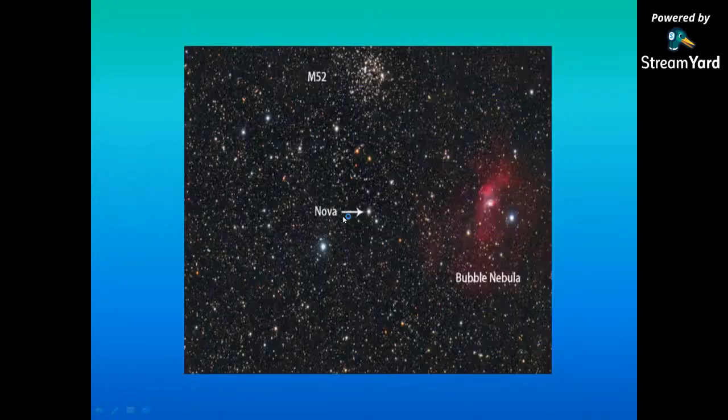Scroll down a little bit more, you can actually see, there you go, Brandon, globular, 52, bright star down here, which I didn't quite identify, and then this blob right here is the nova, and it's also within walking distance of the Bubble Nebula. So it's hoped that photographically we can monitor this over some time and see if it